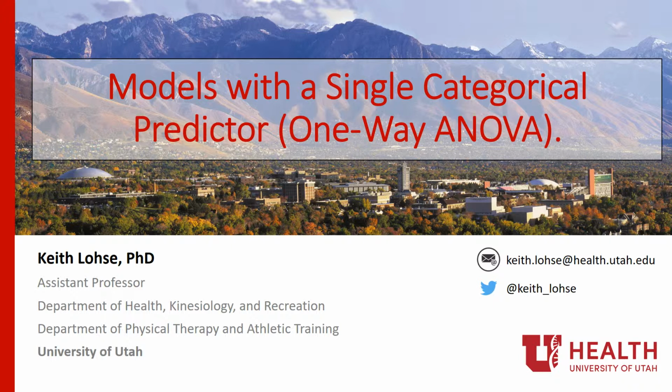In previous videos, we talked about situations in which we have two groups. So we have two levels, such as a control group and an experimental group in our factor, and we can make a comparison between those independent samples. In this video, we're going to talk about situations in which we have more than two groups and how we can use the same principles of treatment coding and contrast coding to address questions about group differences when we have